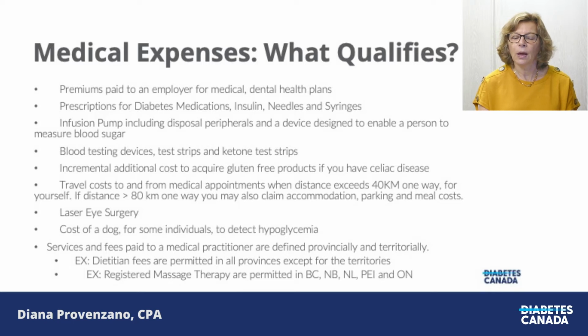Another example would be where your employer says, we will cover your health cost, we will pay for the health premiums, but we only pay for the first $1,000. And the health premium cost, let's say, is $2,000 annually. The $1,000 difference, $2,000 minus $1,000 for health premiums, that $1,000 cost difference is a medical expense. Most often that's seen on your pay stub as a deduction for health cost.